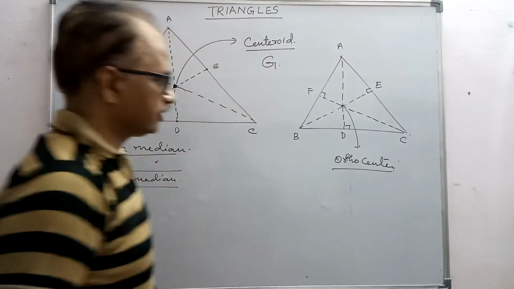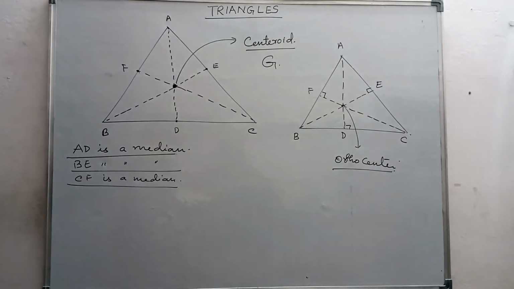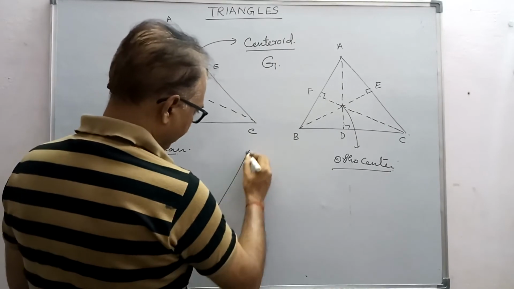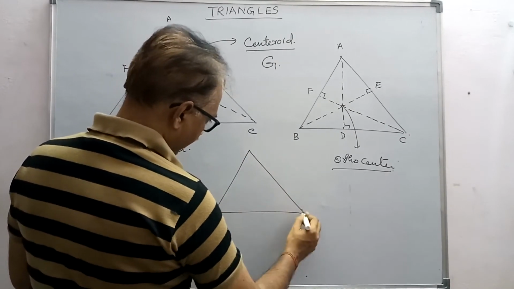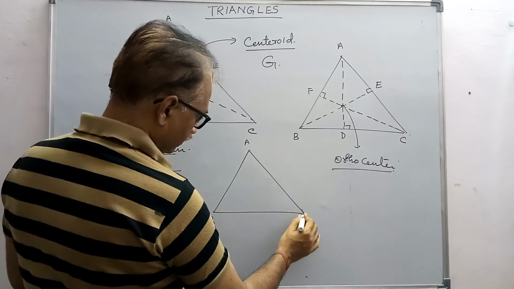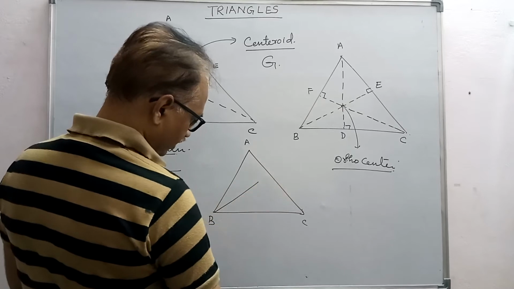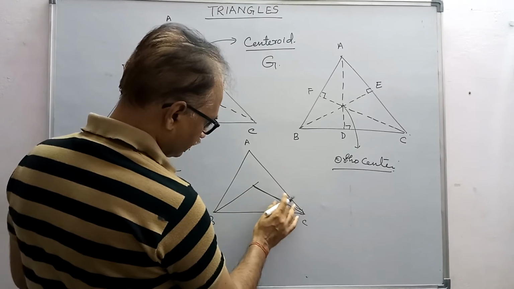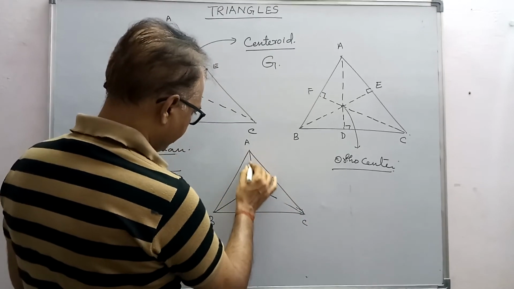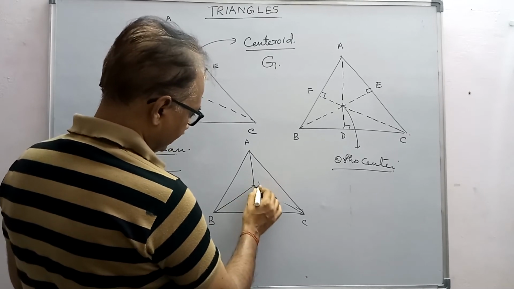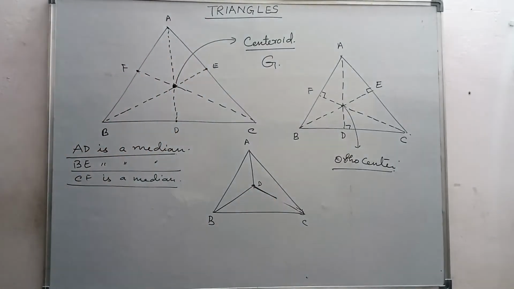Orthocenter of this triangle. Okay. Similarly, you see the angle bisectors. If you draw a triangle ABC, then the angle bisector means the bisector of angle B, the bisector of angle C, the bisector of angle A also pass through a common point, say this D, and this point is called the incenter of the triangle.